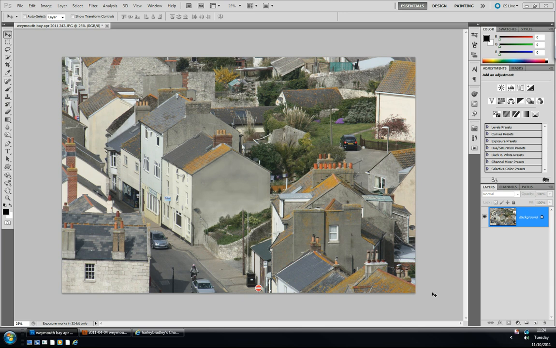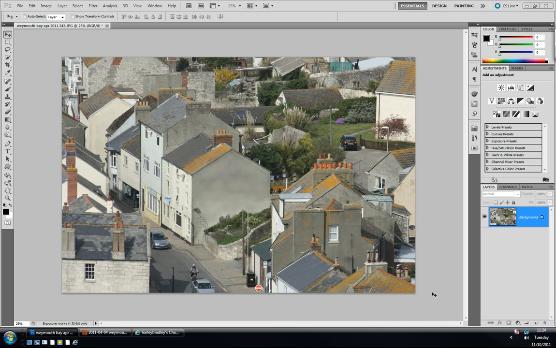Hello everybody, my name is Rob with another Photoshop tutorial, and today we're going to attempt a kind of tilt shift effect to make this picture look like a model village or some kind of miniature town type thing. And the first thing you should do, when choosing an image to do this,